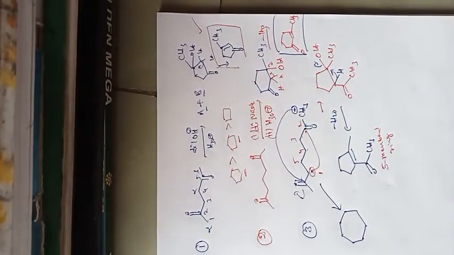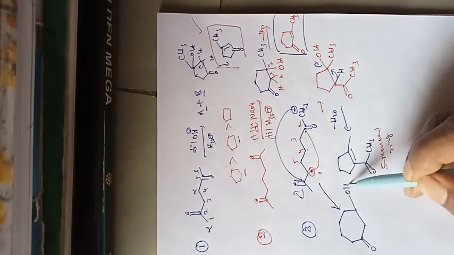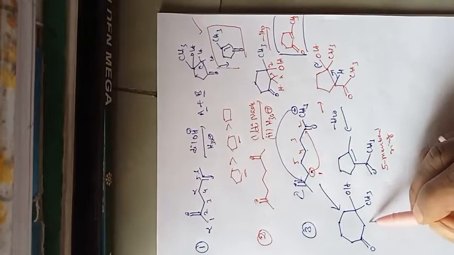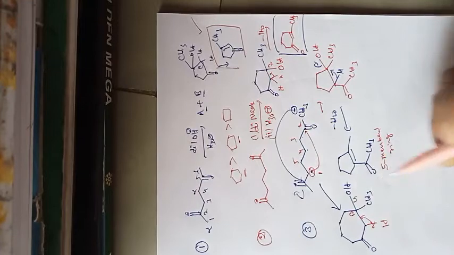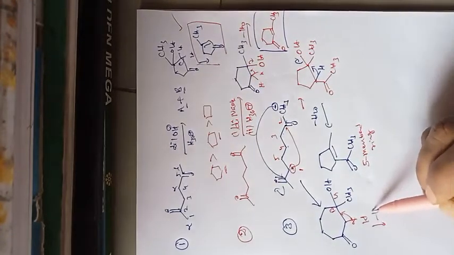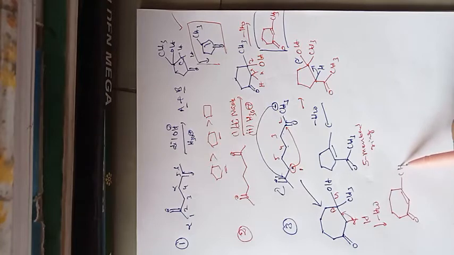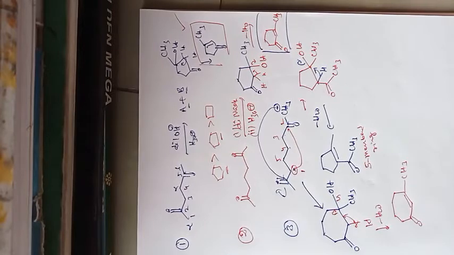So this is the carbonyl, and here is the active methyl, and here OH, and here CH3, and this is the beta hydroxy compound. Always you have to think of it as a beta hydroxy compound, which further loses water. So what is the product now? The 7-membered ring, with C double bond O and CH3. Very good example. You have to verify what options they have given in the examination, and based on the options we have to select the answer.